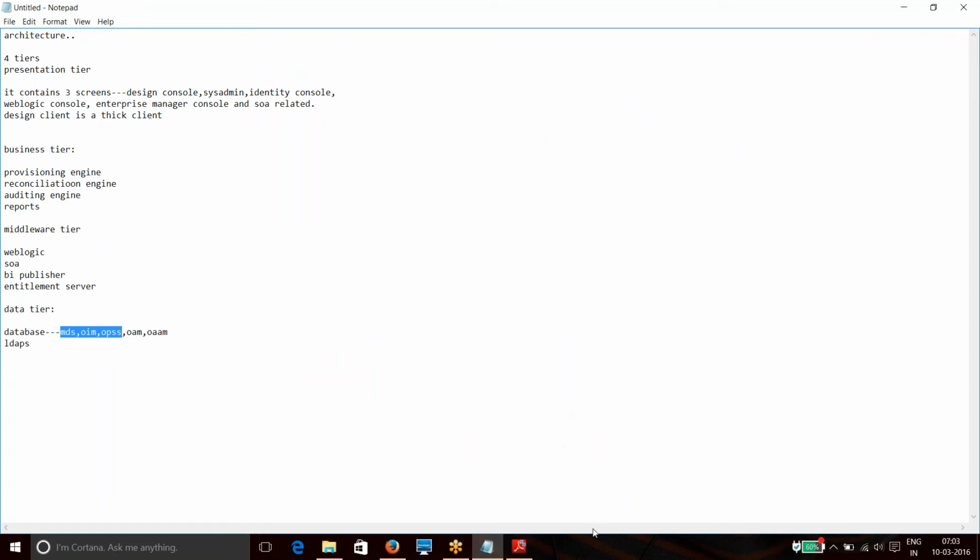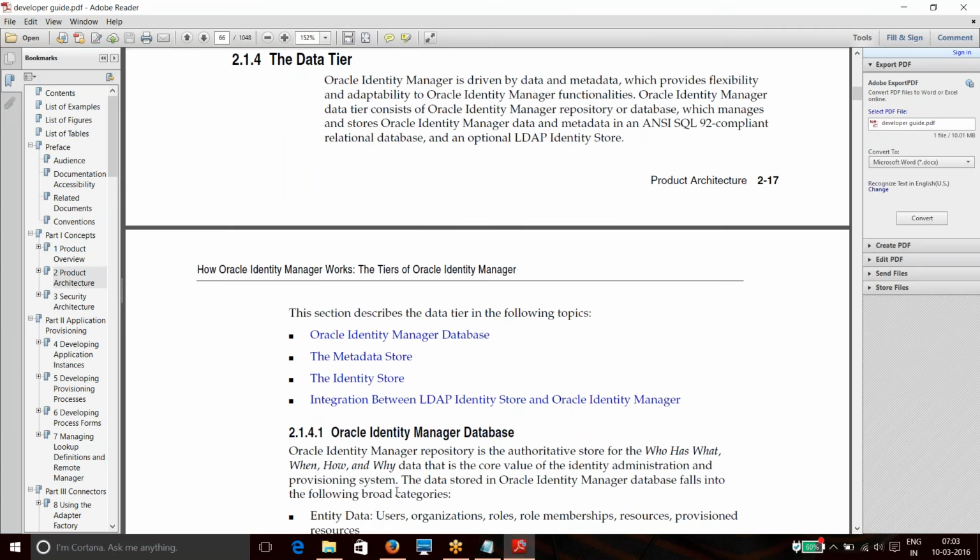So the fourth part is the data tier. As I said, it is the OIM database: the schemas like the metadata store, the OIM store, and the identity store. So it covers integration between LDAP and Identity Manager. All the data related to the user, all the user data, will be stored in the OIM schema.